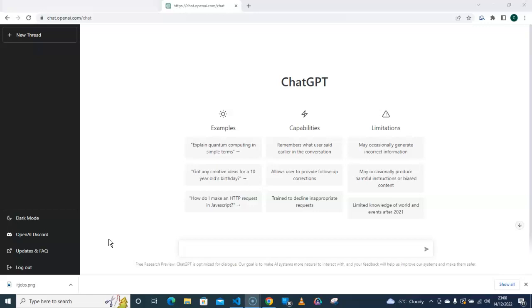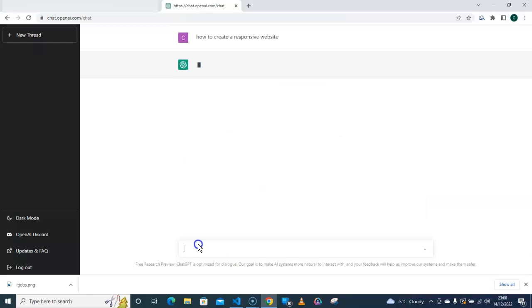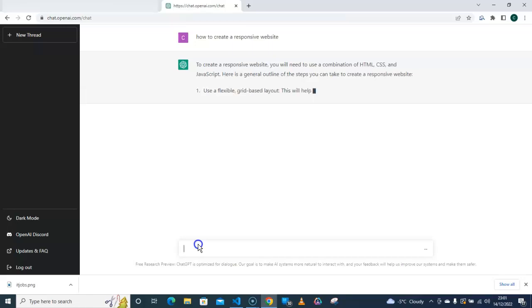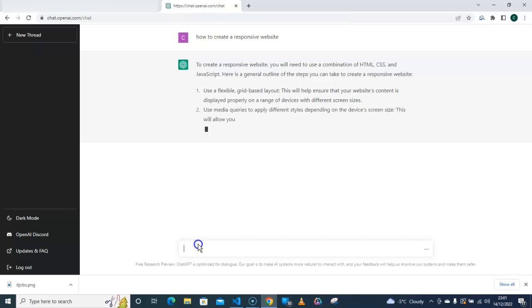So let me go look for a code. I will start with how to create a responsive website. Okay. And let's wait for an answer. You can see it will give you detailed information on what to do. Okay, as you can see,